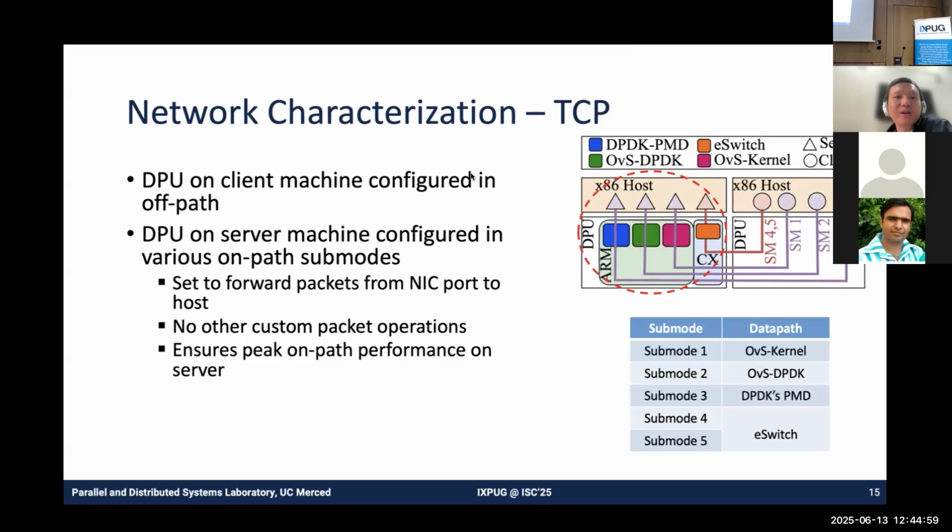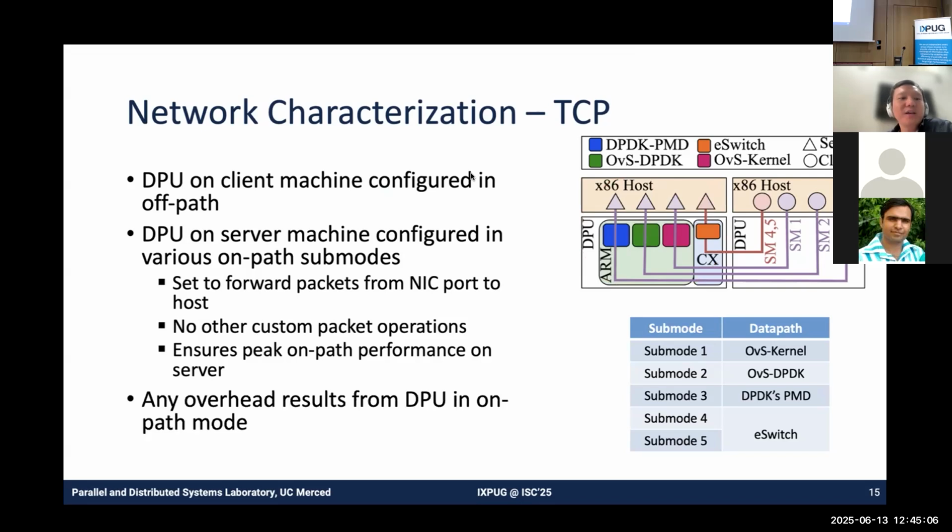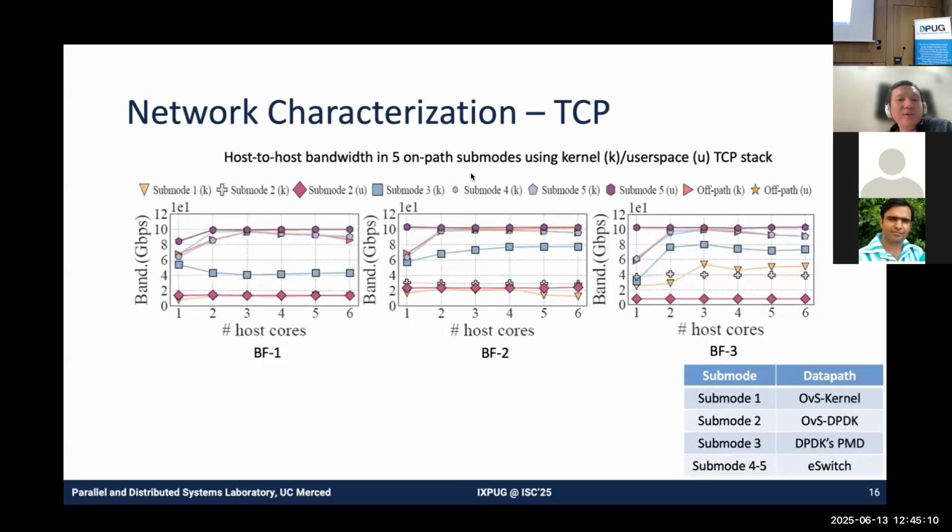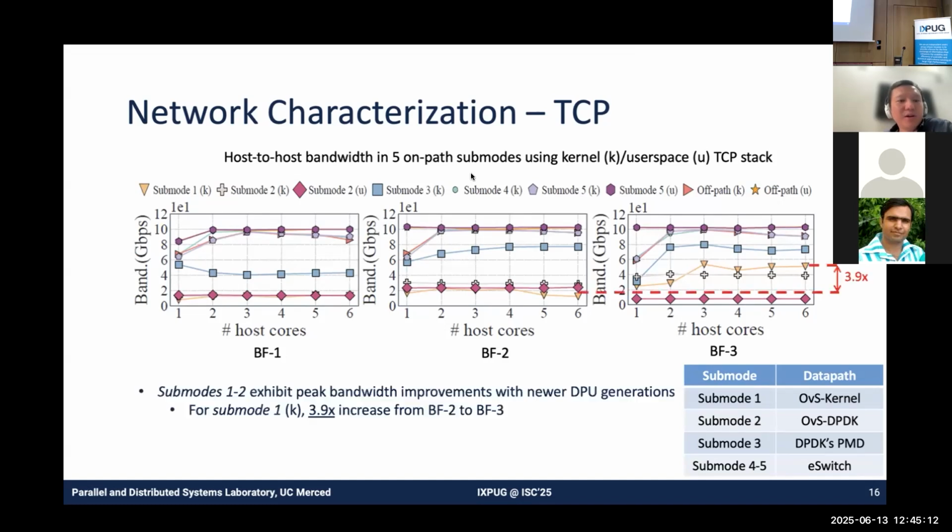And for server, we configure them into different submodes one by one. So in this case, you can see that if there's any overhead, it actually is from the on-path mode. So if you look at our results, on the first of these slides, we're trying to discuss submode 1 and 2. You can see that, especially for submode 1, there's a 3.9x latency,